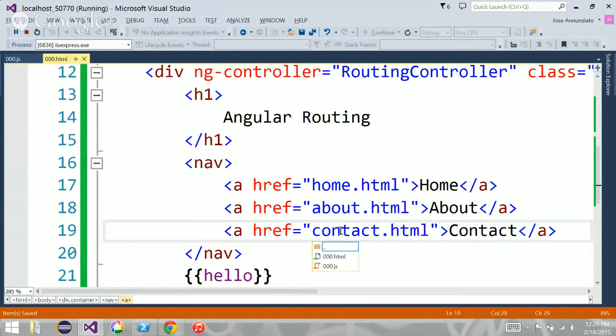So this is the classical way you would do it, correct? And instead of HTML, these might be ASPXs or JSPs or whatever, right? But this would cause the page to reload, right? This would cause a GET request to the server for a brand new document, correct? Which would replace the current document, and that's what we want to avoid. We don't want to do this. We want to stay in this page, but show the content of some other page, basically, right? That's what we want to do, and that's what the routing module allows us to do. Okay, so let's see how the routing module works.